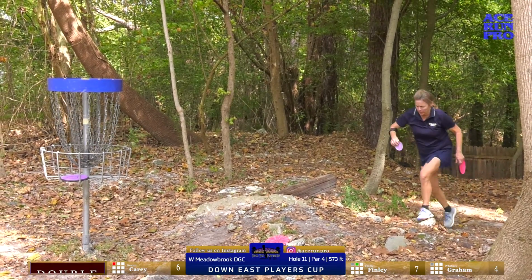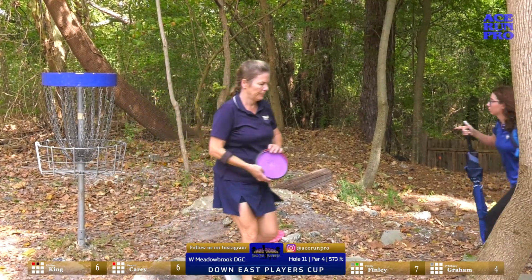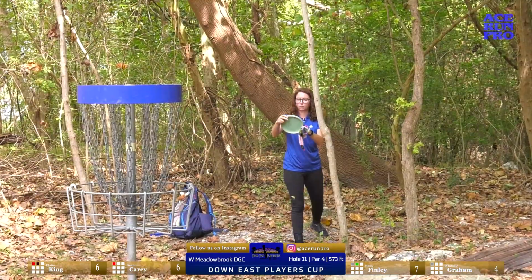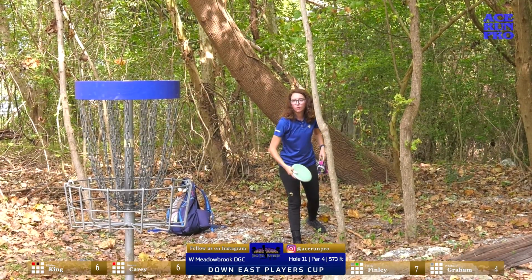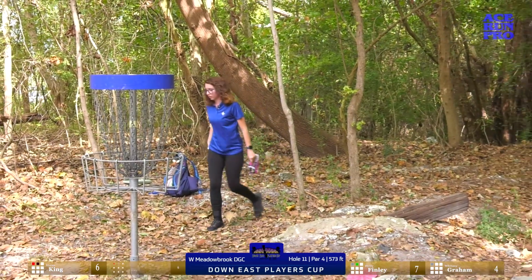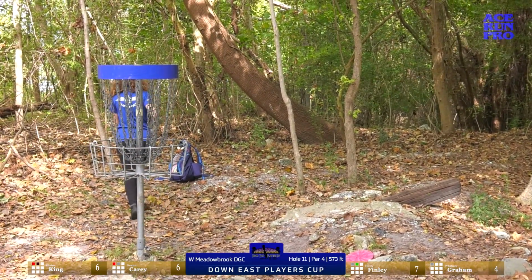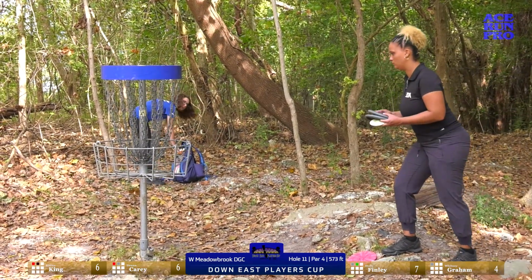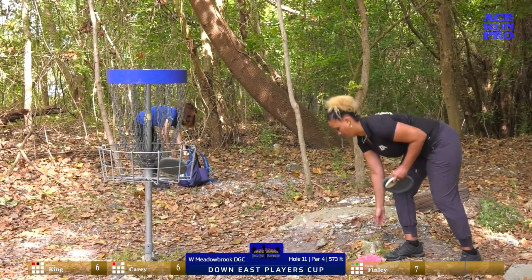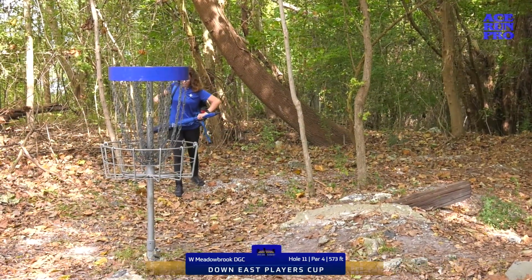Lane tapping in, putting in for the double. Deanne put in for her par. She signed up. There you go. You feel like you wasted your money at that point, though, because you get the par anyway. But it's the risk you take when you sign up for a par. It has to be par or better, because if not, you don't even...